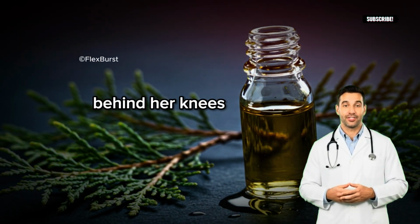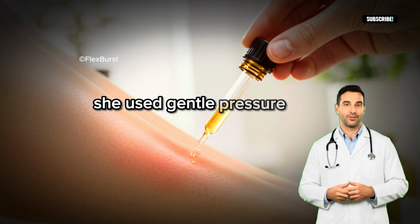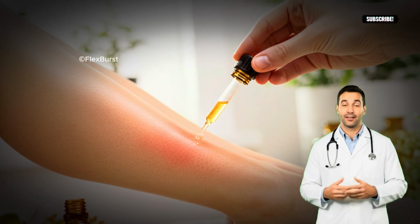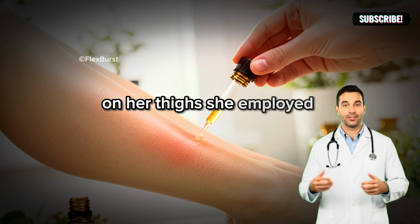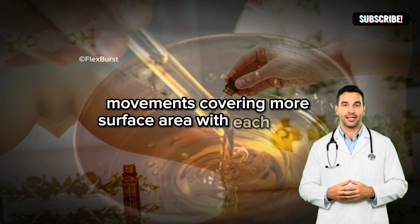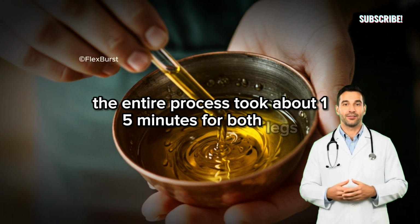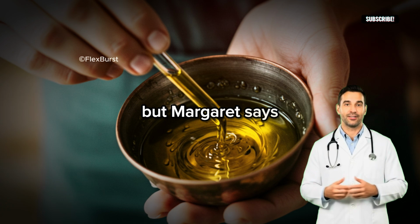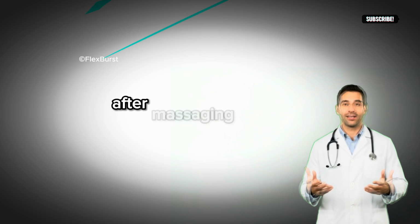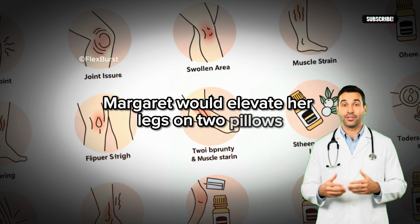Behind her knees, where many people experience stiffness, she used gentle pressure with her fingertips to work the oil into the tissue. On her thighs, she employed broader hand movements, covering more surface area with each stroke. The entire process took about 15 minutes for both legs, but Margaret says it felt like a mini vacation from her daily worries. After massaging the oil in completely, Margaret would elevate her legs on 2 pillows for 20 minutes